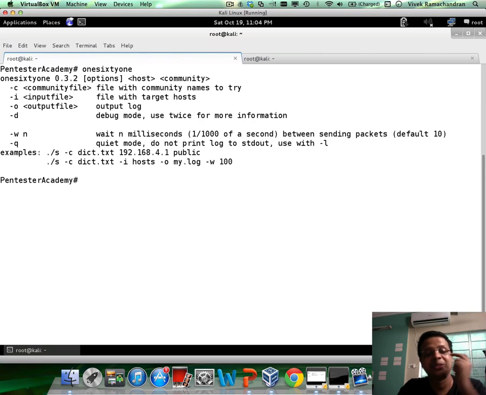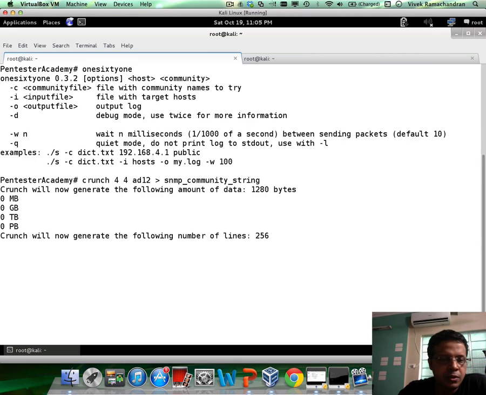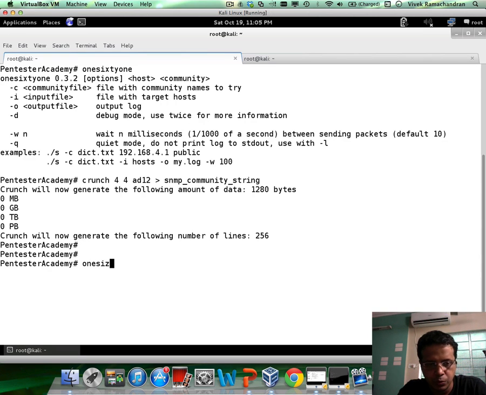Onesixtyone, and of course most of you have already figured out that Onesixtyone is nothing but port 161 on which SNMP runs. So let me actually use crunch to create a passphrase of size 4 minimum, 4 maximum using A, D, 1 and 2. Put this into SNMP community strings. And then we use Onesixtyone